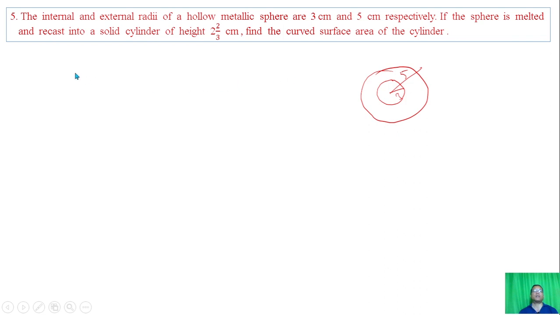If the sphere is melted and recast into a solid cylinder of height